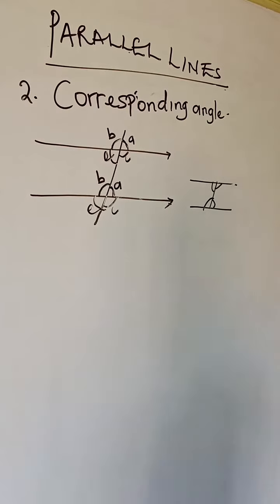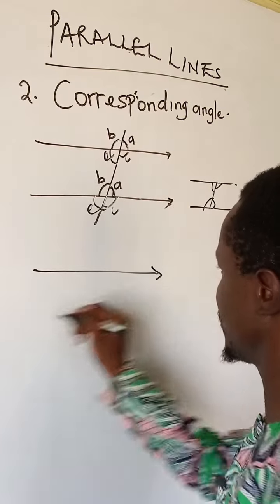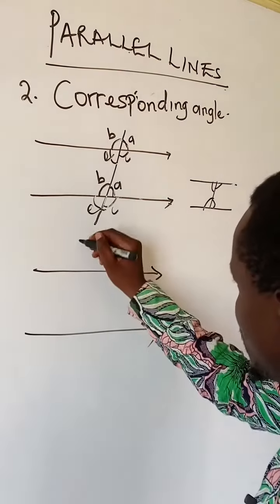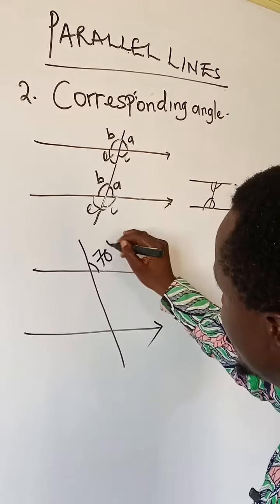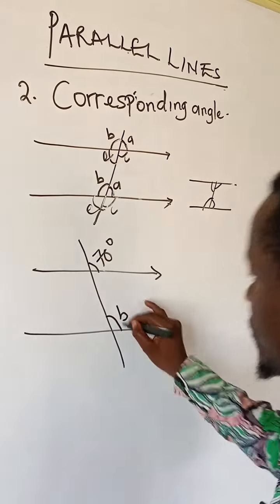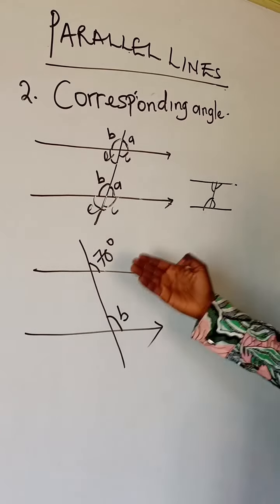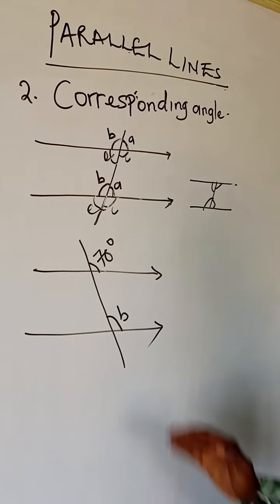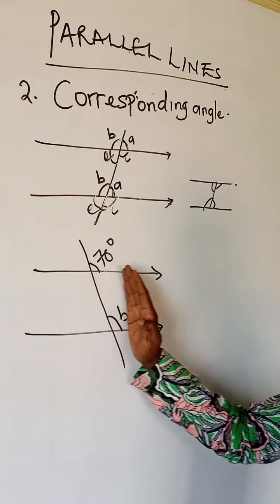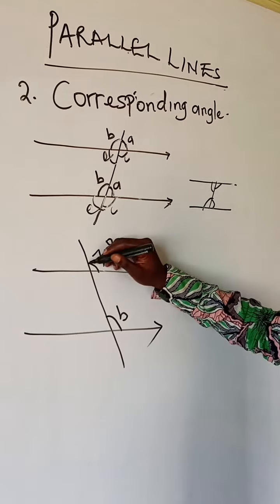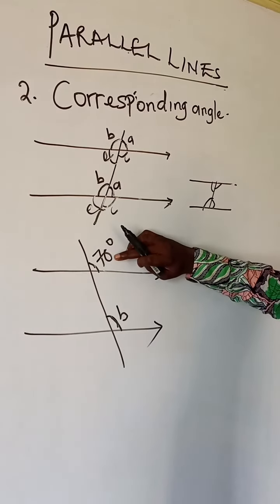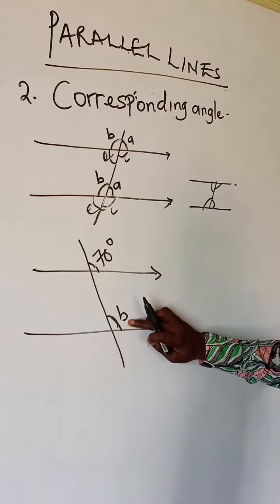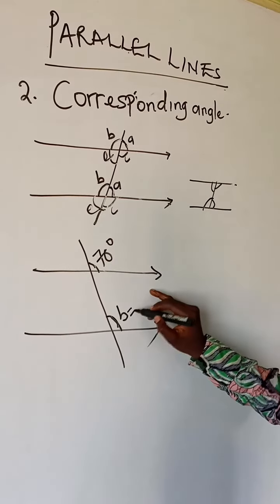Now let's have an example. We have this and there is a transversal line. They call this place 70 degree and we are asked to find this place. Alright, when you examine this, you realize that number one, they are both facing the same direction, right hand and right hand. Secondly, one angle is outside and the other is inside, so which means that our B here is